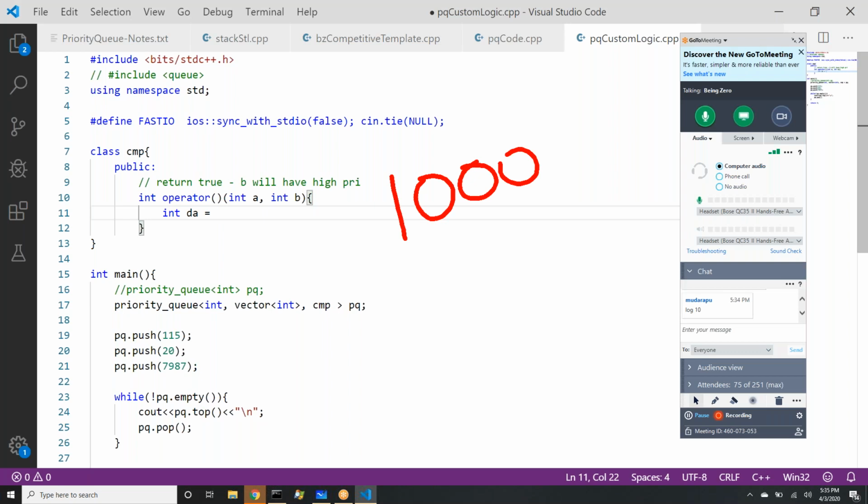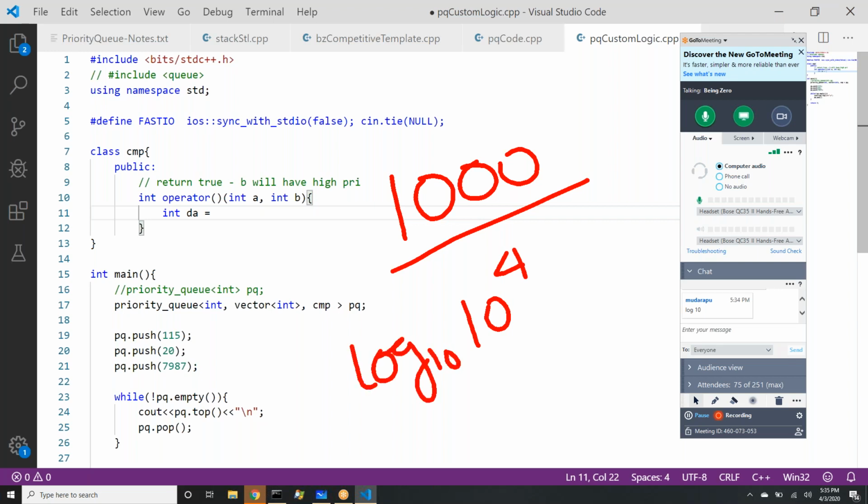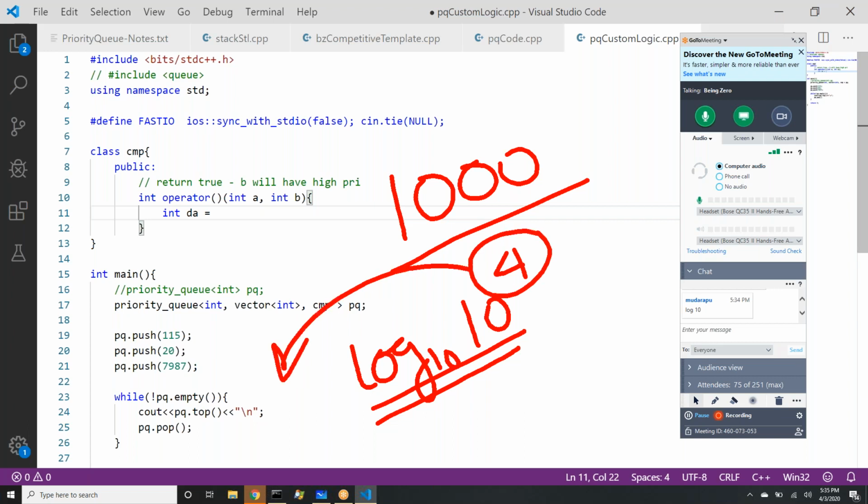If the number is 1000, can you tell me how many digits it has? 1000 has how many digits? It has 4, right? Can I say 1000 is nothing but 10 to the power 4? If I take log base 10, then what will be this value? This value will be 4, obviously, right?